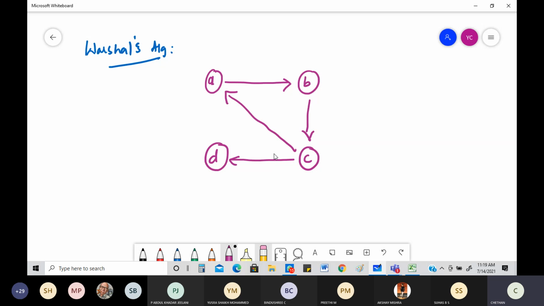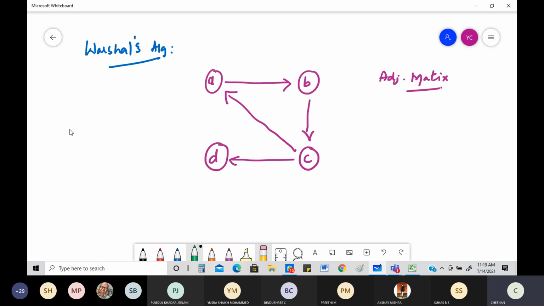Now, what is the thing that you can think of here? You are supposed to make sure that the first thing is you need to write what is known as the adjacency matrix for this. Everyone knows how to write an adjacency matrix for this. There are four nodes. You write an adjacency matrix based on whether it is connected or not, right? So I can easily write an adjacency matrix for this. Okay, so you see what is the purpose here? The purpose is very simple.